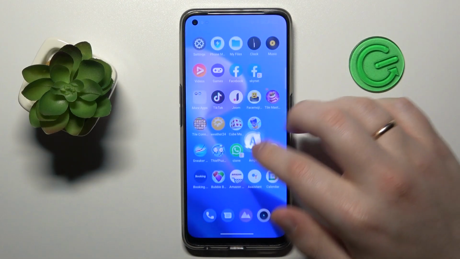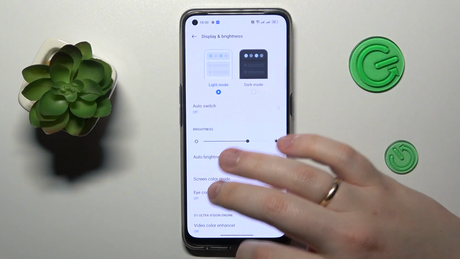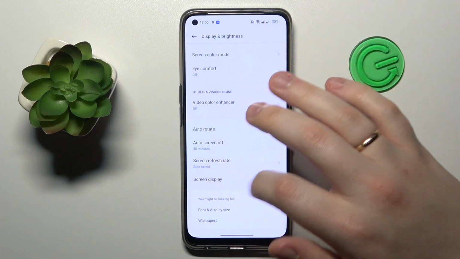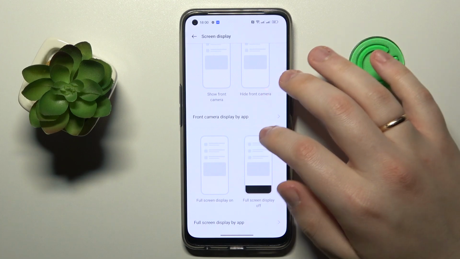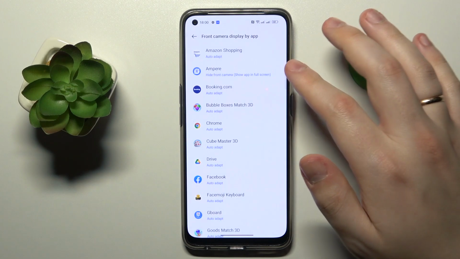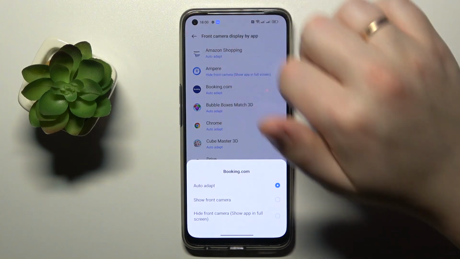So in order to do that, you will need to launch settings, then enter the display and brightness category, scroll the page all the way down, go for the screen display page, then opt for the front camera display by app, choose the app that you would like to unhide the